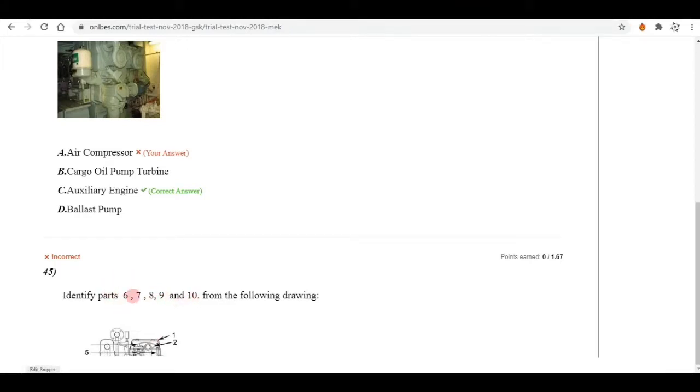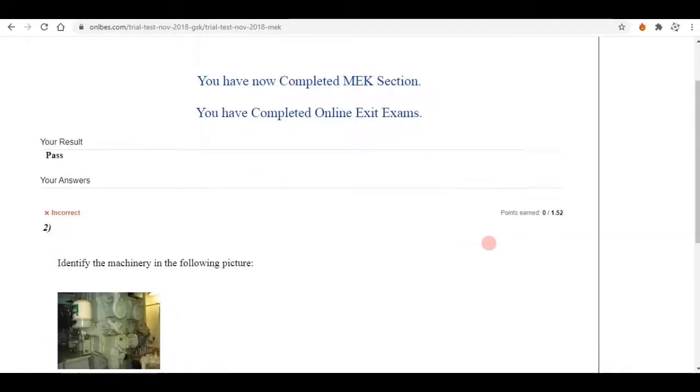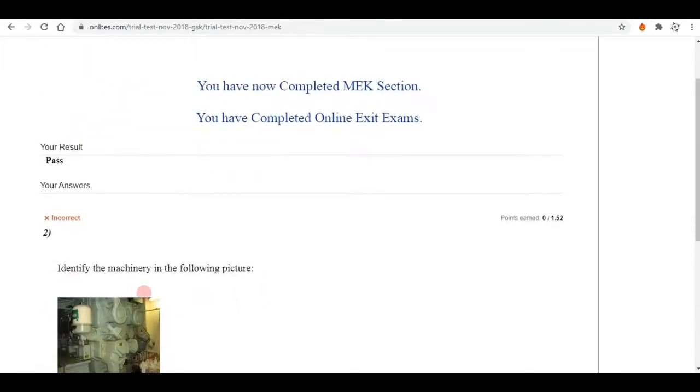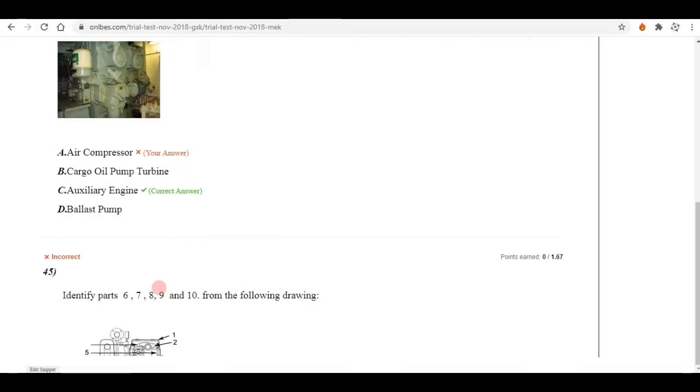But the 6th one you have to find out in your book if you face this question. And one more thing, this website does not show all the incorrect questions at the end. Like you can see the 45 questions, it's showing this much only, I am scrolling down but it's not going down, so it's showing these 2 questions, but these 2 questions are incorrect only, I am dead sure. All were correct except these 2.